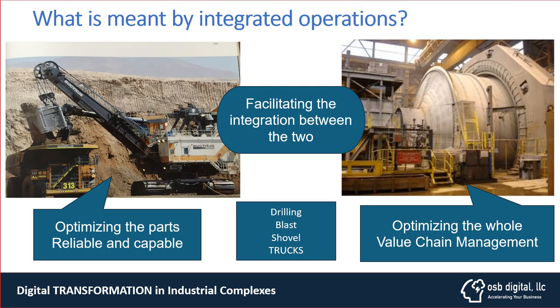So really in this opportunity of the digital transformation, we see that the mineral processing plant has to be integrated 100% with the mining plant, as we're going to see in our examples, because this is what really drives the benefits that you can see when you do that. And we start this with the drilling, the blast, the shovel, the trucks, and how those need to be coordinated with how the mineral is going to be fed into the milling operations. So this is what we call optimizing the whole value chain in mining.